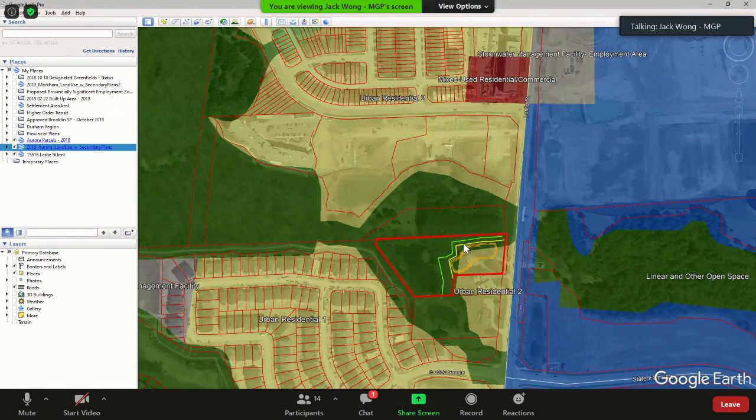And to the question about trails, that is correct. Based on the current active transportation schedule, there is the east-west trail connection that's been identified just north of our site through this regional Greenland system, as you can see in my cursor, that leads on to the other side of Leslie Street. So by way of conveying a portion of the woodland, which would help and assist delivering that trail system through this Greenland regional system overall.